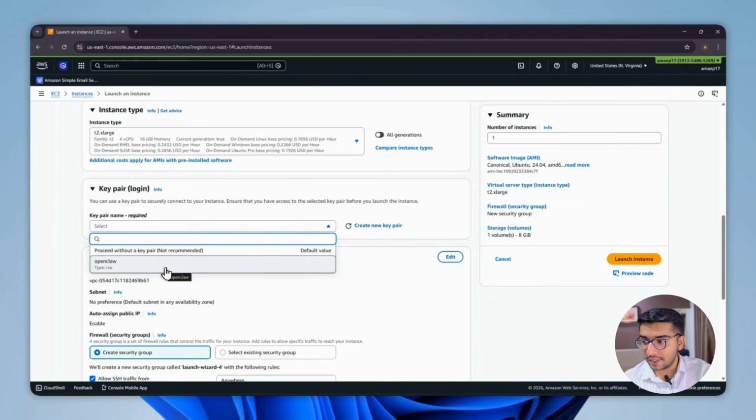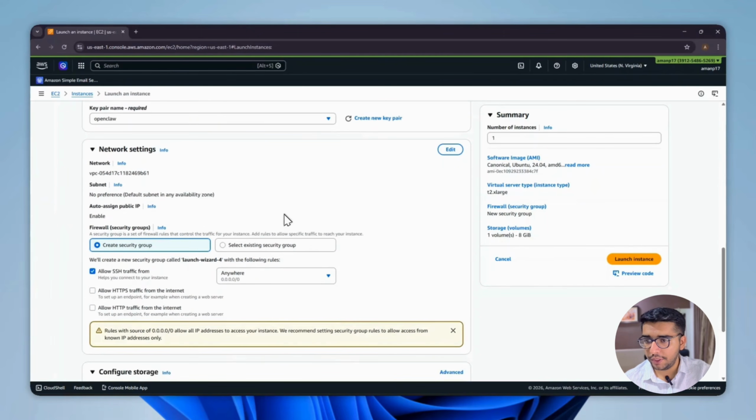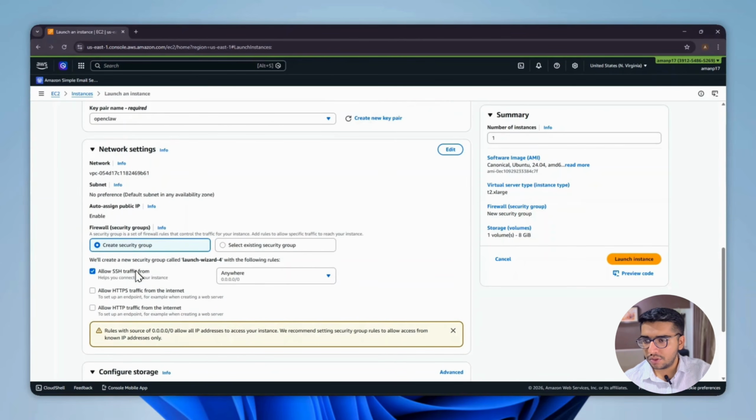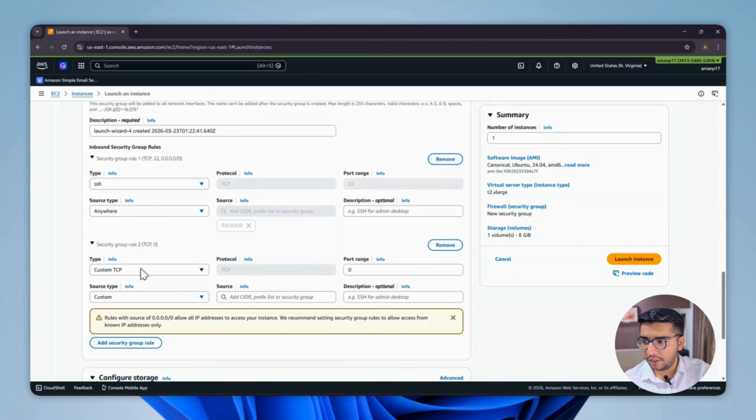Next, network settings. This is where most people make mistakes. Under security group, make sure that you have this SSH port allowed so you can connect to the server. And since we'll be running OpenClaw, it exposes a local UI on port 18789. So we will need to add that. I'll edit that and from here add a new security group rule. I will select custom TCP and in the port range we will add that particular port